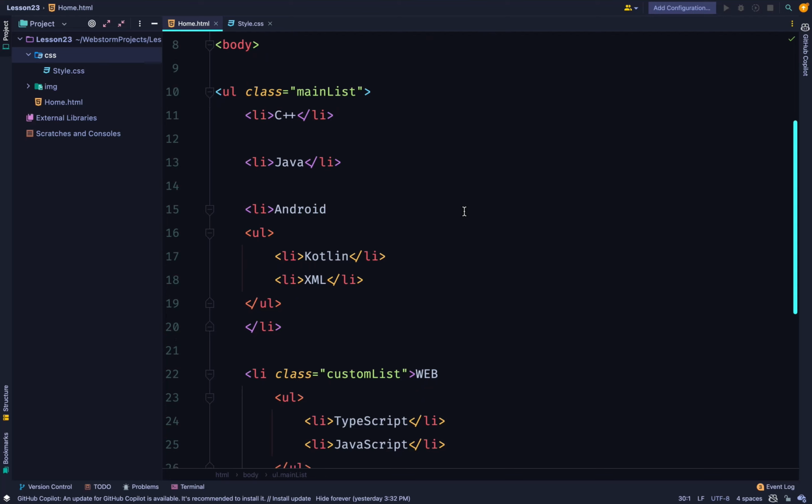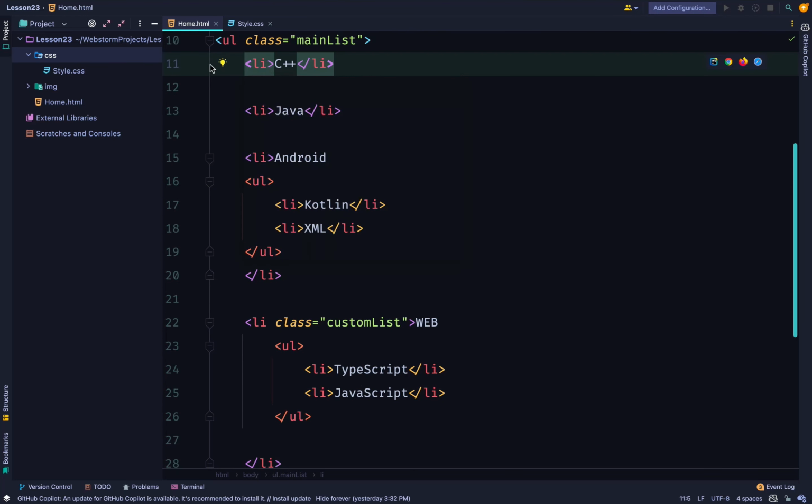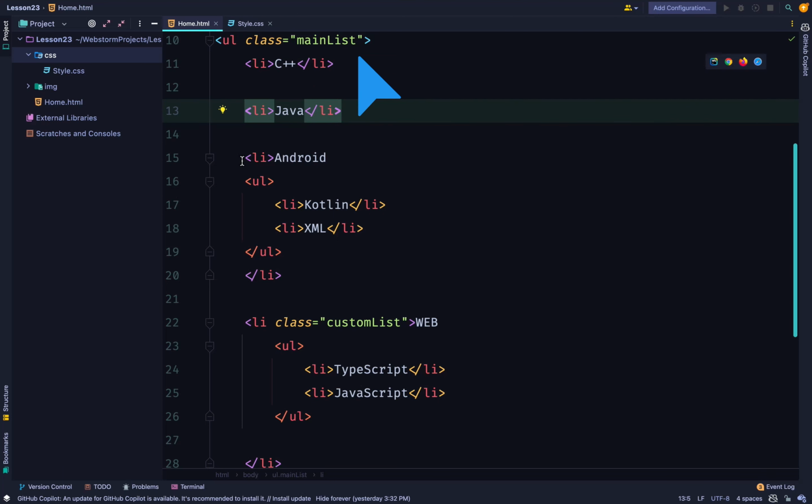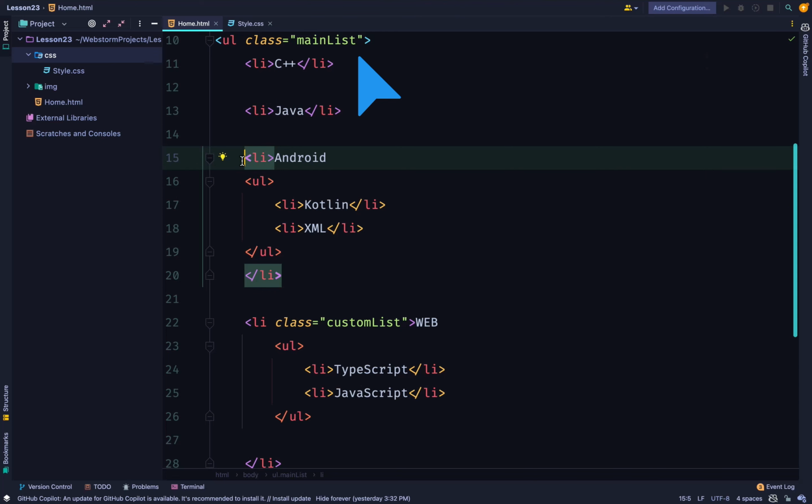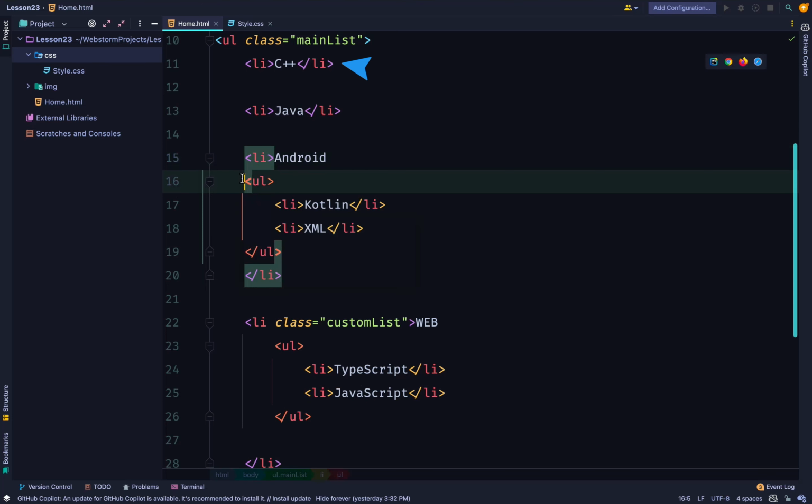Generally, it has a class applied to it, and the class applied is the main list. So that means everyone inside is going to inherit features from the main list selector. So that means C++, which is a list item, Java, Android. Now notice that Android has a sublist inside, and that list will still inherit from the parent, which is inheriting from the parents again. So no matter how many children we have here, it's still going to inherit from that